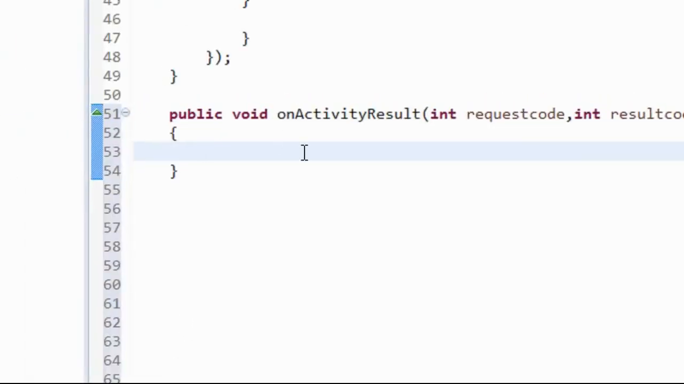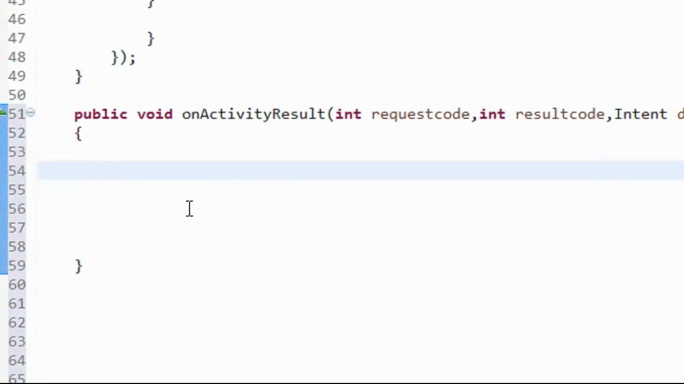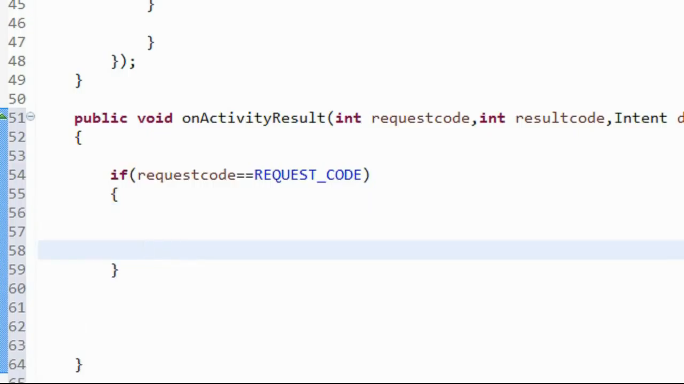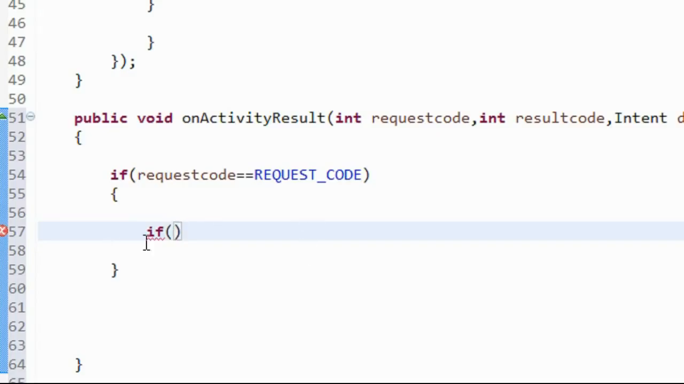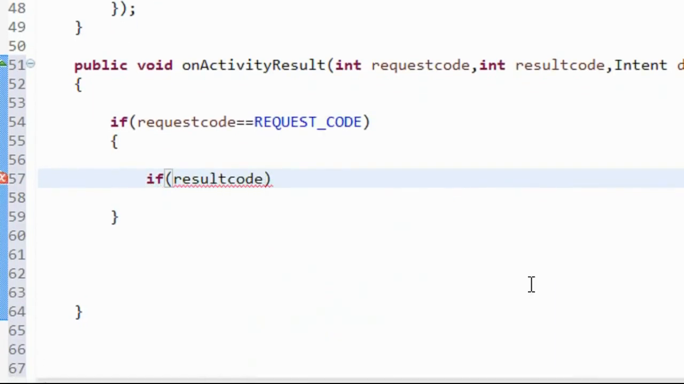So first we have to check the request code, matching for the request code. If the argument requestCode is the same as the variable in this class called requestCode, if requestCode equal to requestCode, so now we have to check whether the Bluetooth device is on or not. If it is successfully turned on, it will return a result okay, otherwise it will return a result cancelled. So if resultCode equal to RESULT_OK,